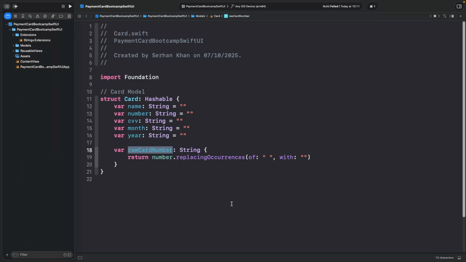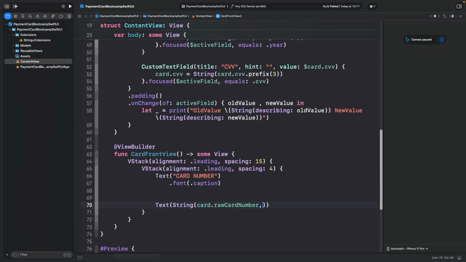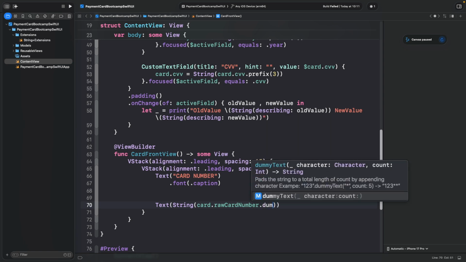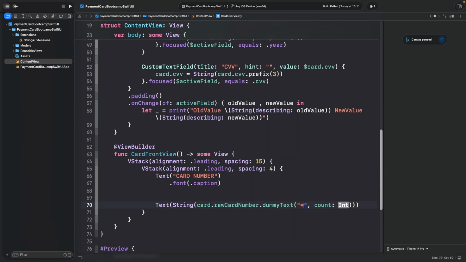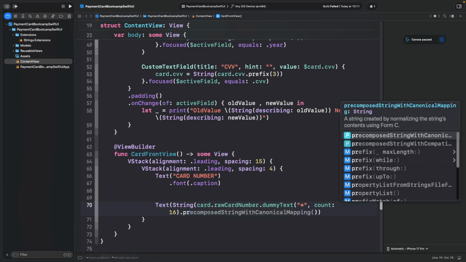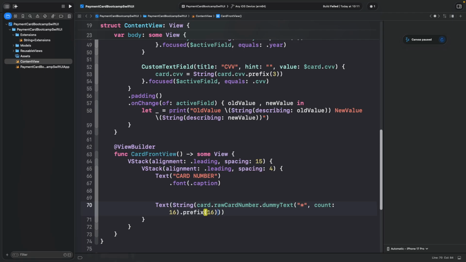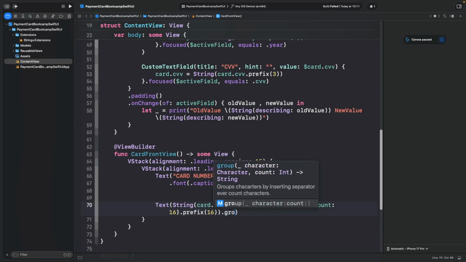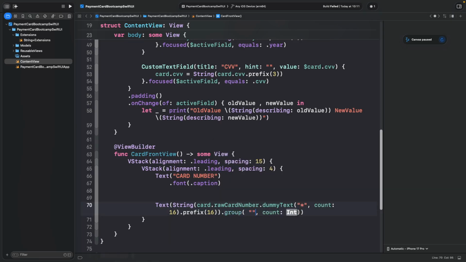Row card number is replacing the white space with non-white space characters. Okay, this is the computed property that we created. So we're gonna do dummy text with the character of star, 16 digit. Our card number will be 16 digit, and we are going to apply prefix so that it always gets the 16 digits of count. We're gonna group them with the empty string